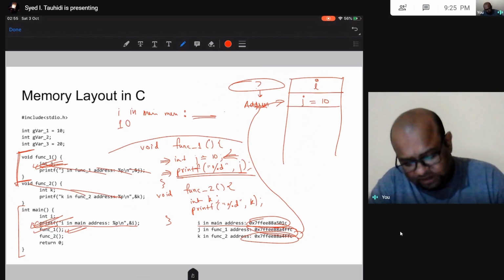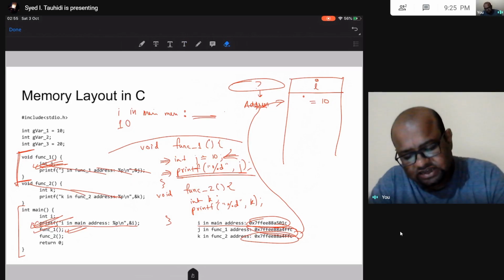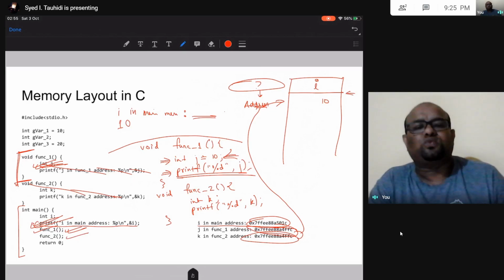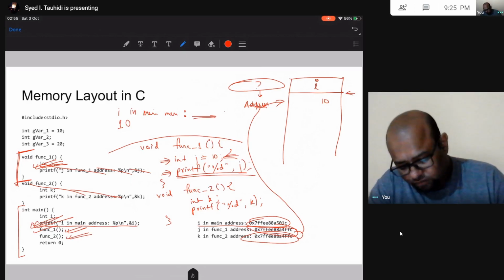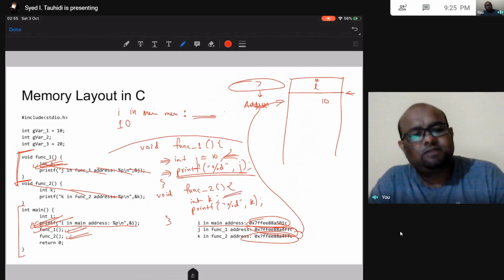Okay, now I am done executing function 1. I return from function 1. This memory is deallocated. My stack pointer is back pointing here, and then I am calling function 2. So when I call function 2, I have some local variable k.